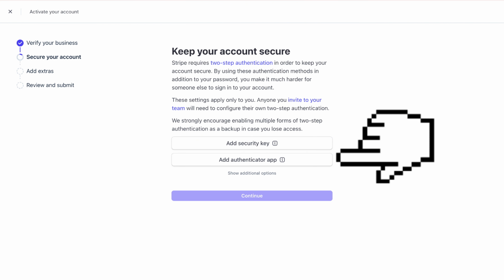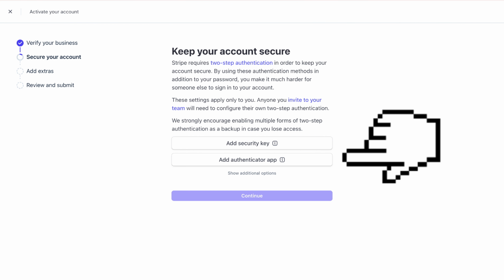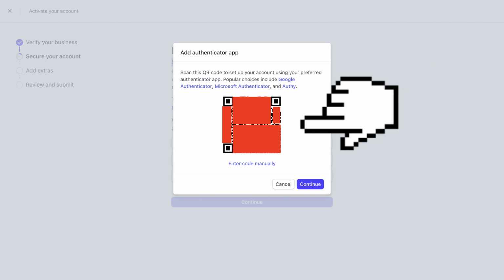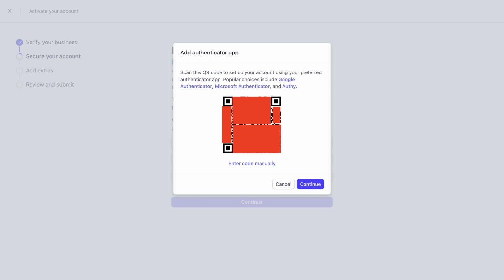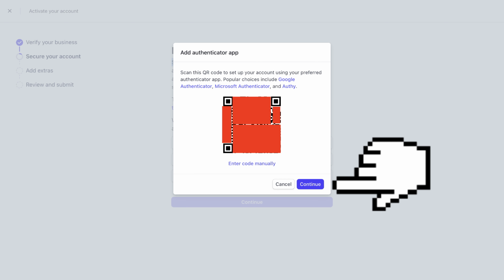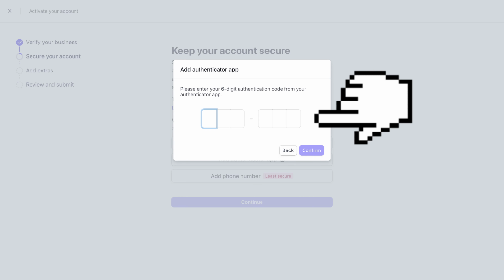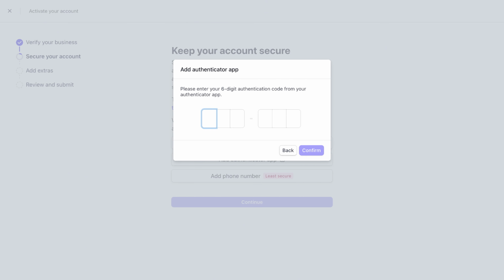I myself will choose the Authenticator application by Google, so click on it. There will be a QR code you have to scan with your Authenticator application on your phone. So do the scan right now and hit the continue button. After that, you want to insert the 6-digit code on your Authenticator application on your phone and then click on